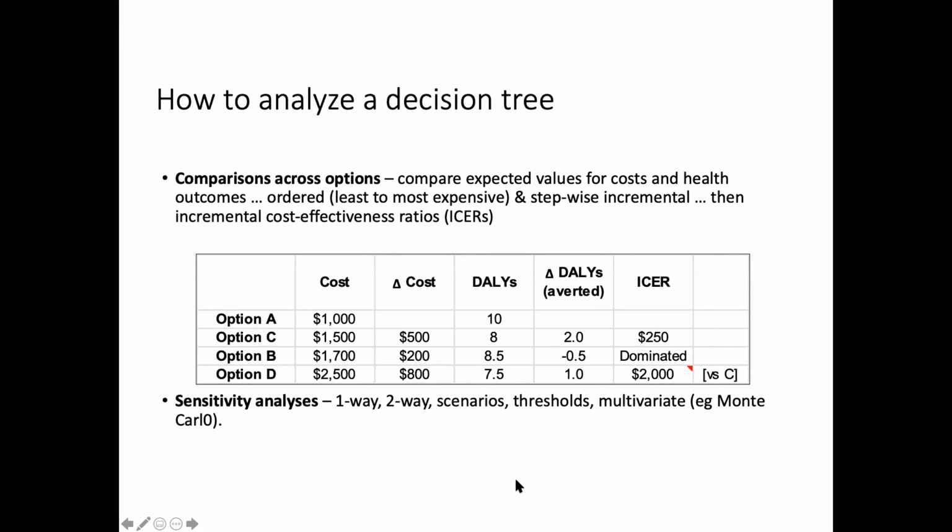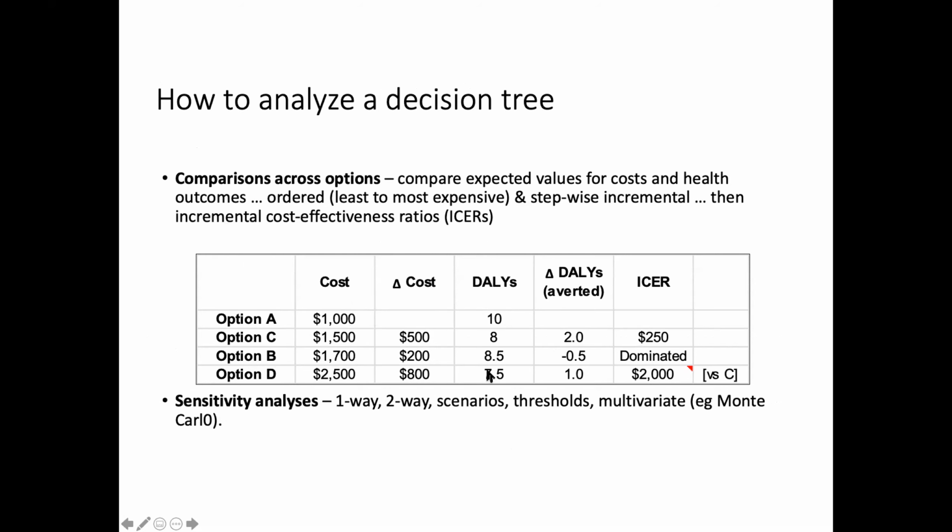Here's how you analyze a decision tree. In this particular example, there were 4 options. Here they are. Here are the results. Notice they are ordered from least to most expensive. So option C in our original choice turns out to be the second most expensive, so it's second in this list. Start with the cost, then the difference in costs,